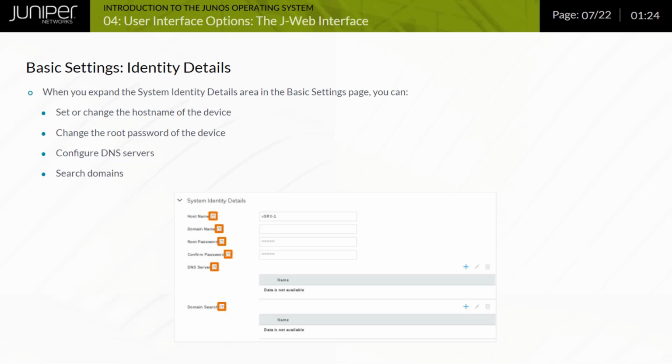Note that there is a small Help icon next to each field name. Hovering the cursor on that icon displays an explanation as to what type of data is expected in that field. Similarly, when the cursor hovers above one of the action icons on the screen, such as the plus sign above the DNS server table, a description label appears indicating that the plus sign function is Create, to add a new